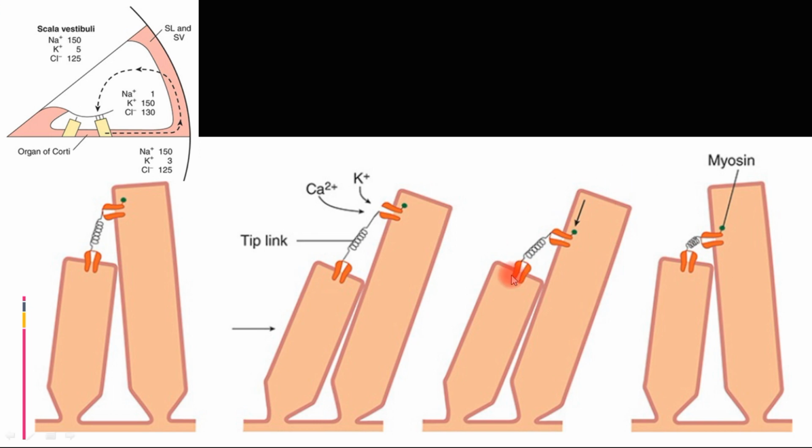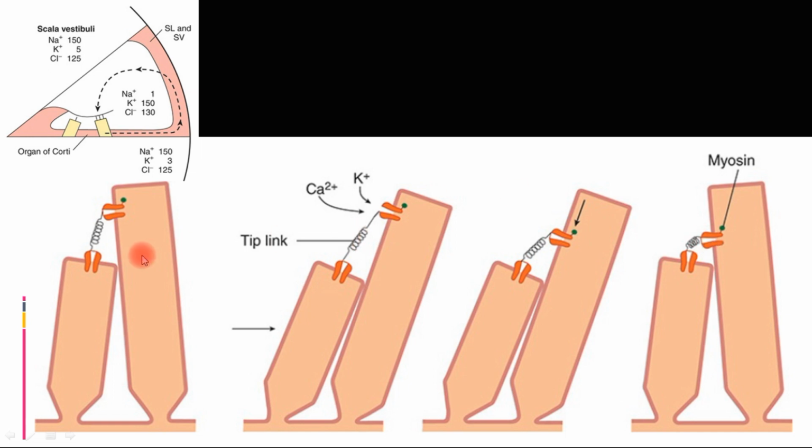And then what is going to happen is, once the ion goes inside, the stereocilium itself has a motor molecule, that is the myosin molecule, attached to it. Once the channel gets open, after a few seconds it gets closed by the motor molecule shifting the ion channel down, and thus reducing the stretch in the tip link protein, which then closes the ion channel.